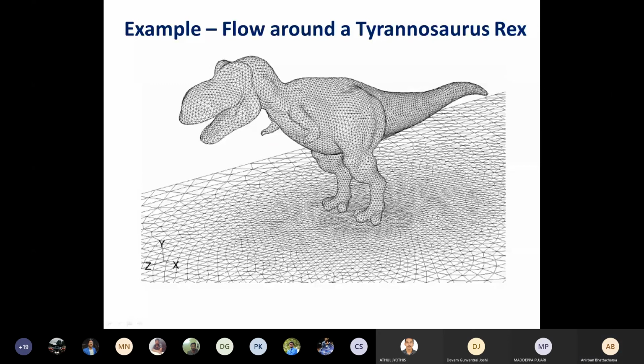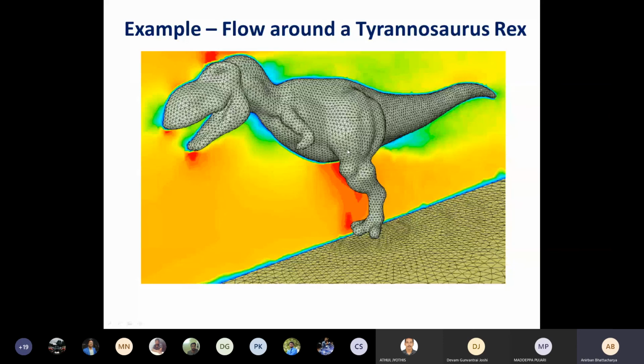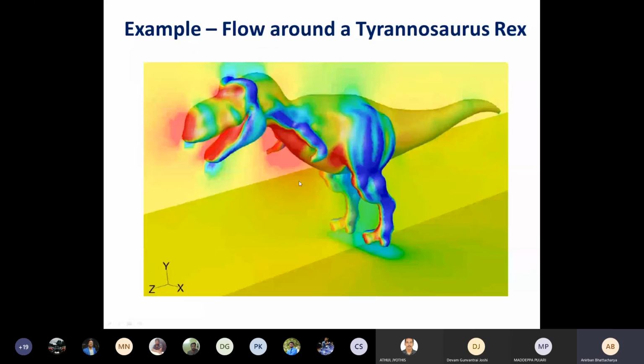And then after post processing, we get this velocity pattern. These are the velocity vectors. I don't have the scale here because I have just taken it from the internet, but the colors show the velocity magnitudes, so how the velocity is varying at different points along the length. This is the velocity magnitude, and you can also see the pressure contours. I should have written this. I will write this before sending this to you. Pressure contours.